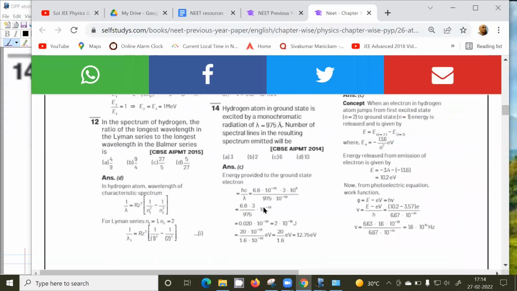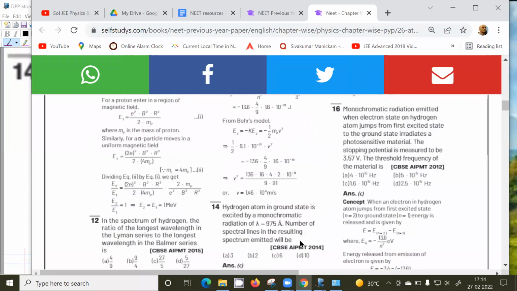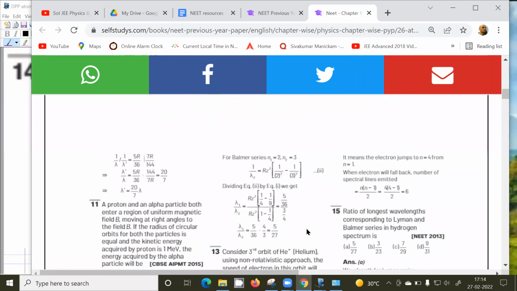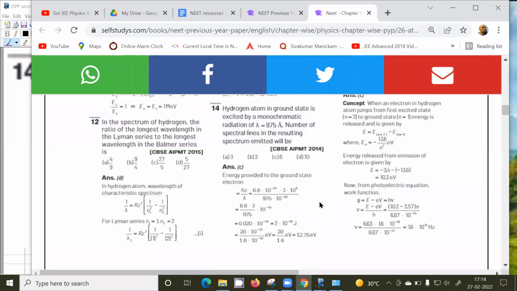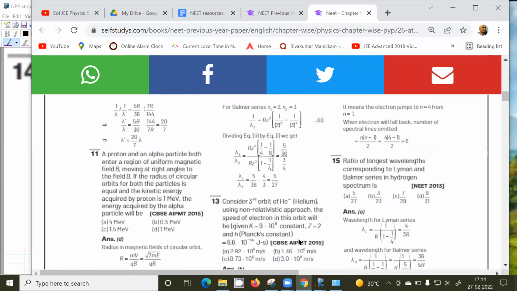Let's see, hc by lambda, that's what he has done, delta E. This is in electron volts, coming out to be 12.75. Here it's in Joule, and from Joule we convert to electron volts, because the formula 13.6 by n square is in electron volts. So 12.75 will correspond to